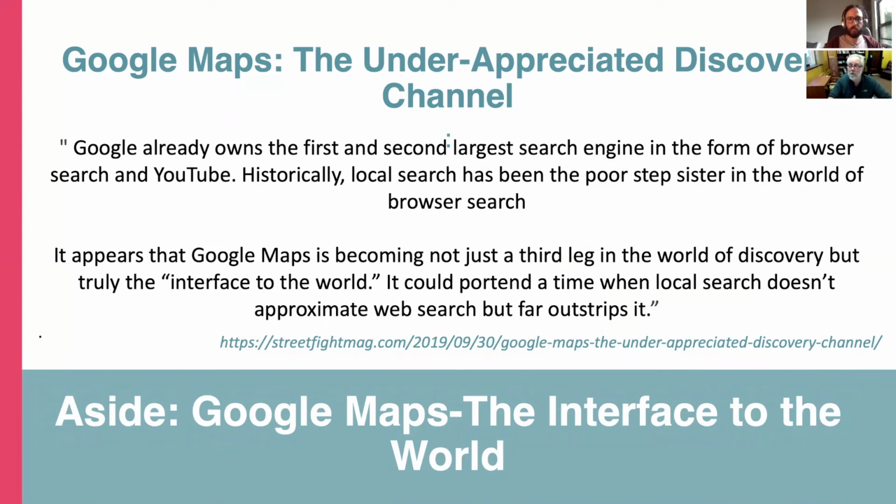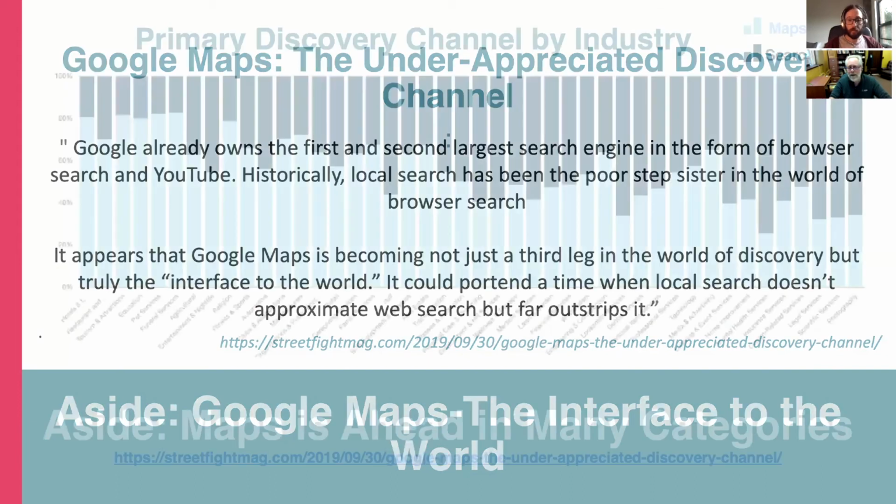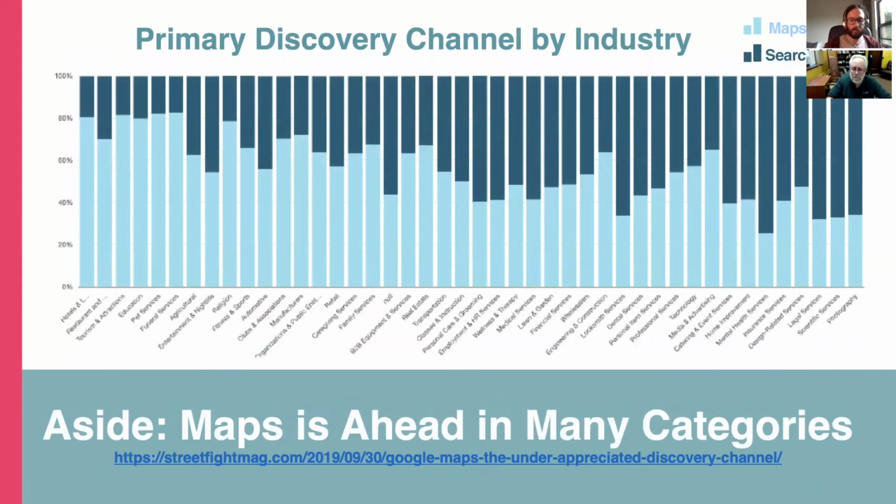for now Google's third leg in search behind Google search and YouTube, but it could at some point become their prominent search interface. So David at the time was at ThriveHive and did some interesting research comparing the volume of searches on maps in the light blue versus regular searches in the dark blue across industry category. On the left, as you're looking at this,